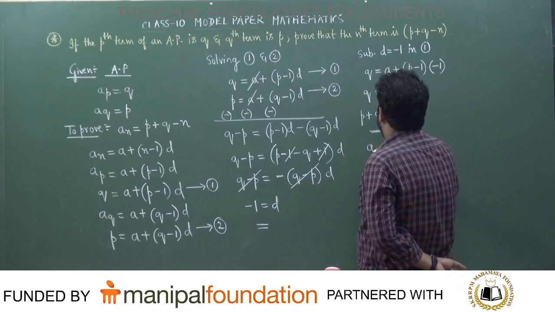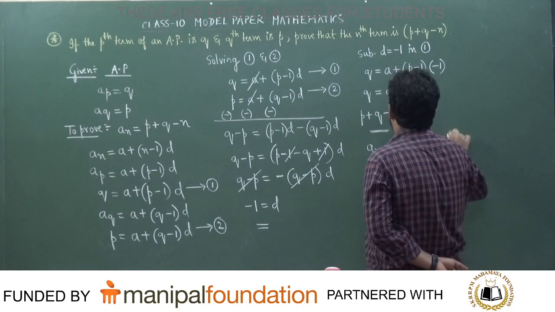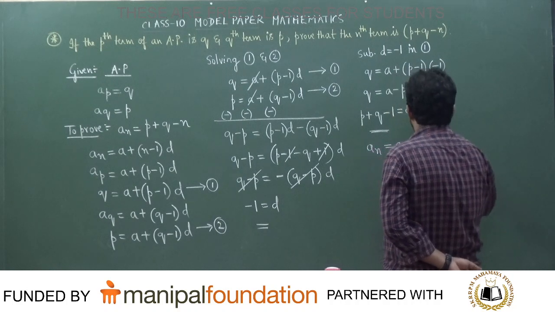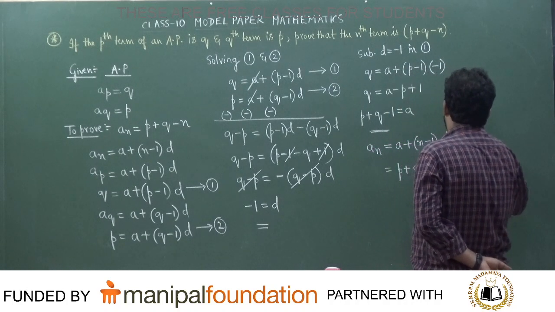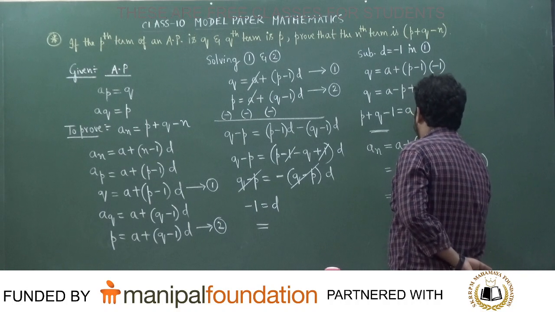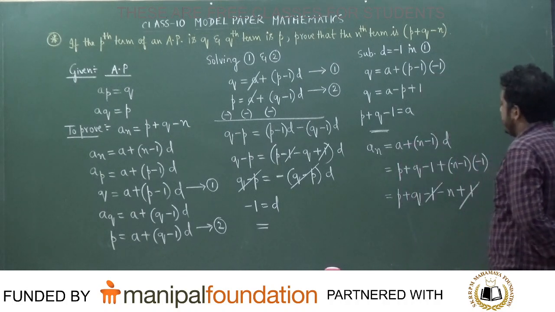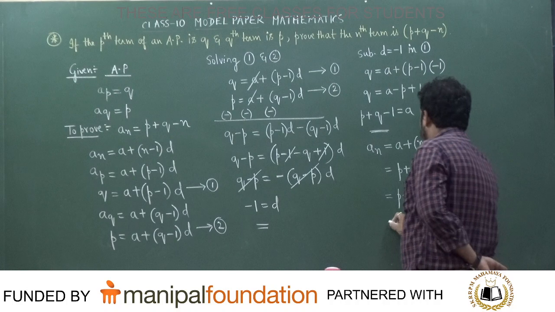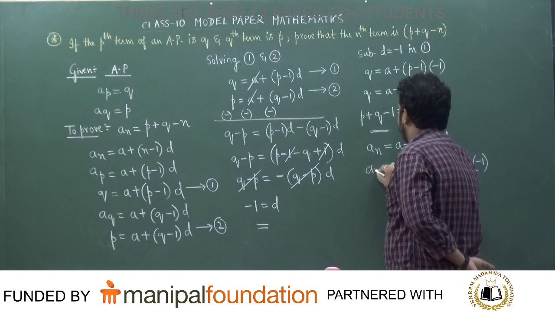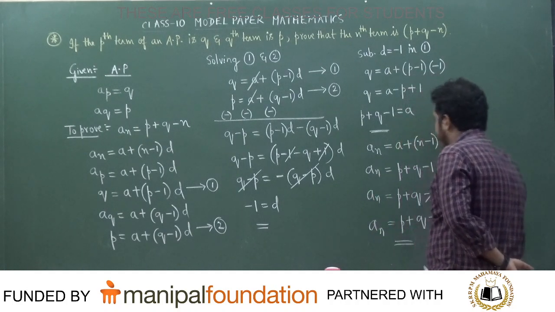Question is asking you to calculate an is equal to a plus n minus 1 times d. That is, a is nothing but p plus q minus 1 plus n minus 1 into minus 1. So can you tell me what is the answer that we get is equal to p plus q minus 1 minus n plus 1. You see, this minus 1 and plus 1 will get cancelled, students. What is the answer that we get is equal to p plus q minus n. This is nothing but the nth term an. 3 marks in the exam. Why 3 marks, I will tell you, correct, hence proved.